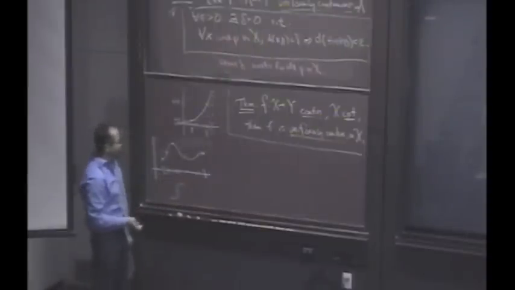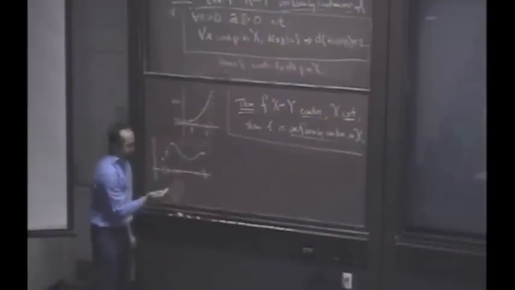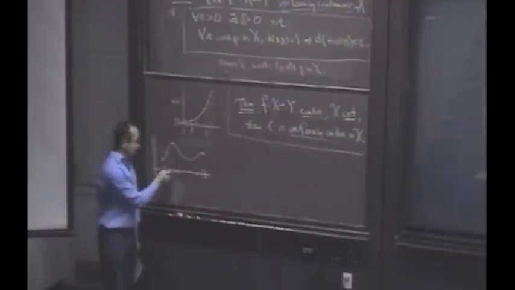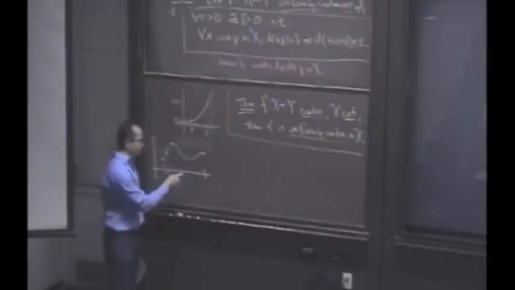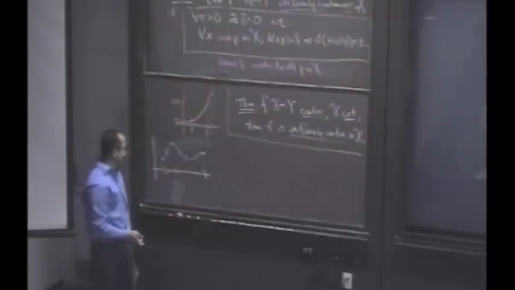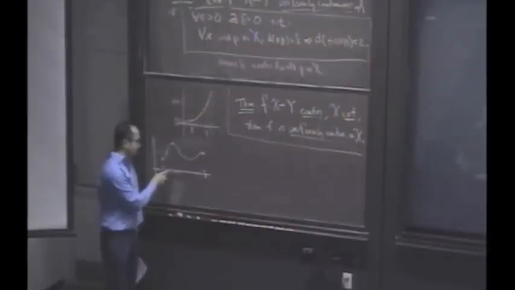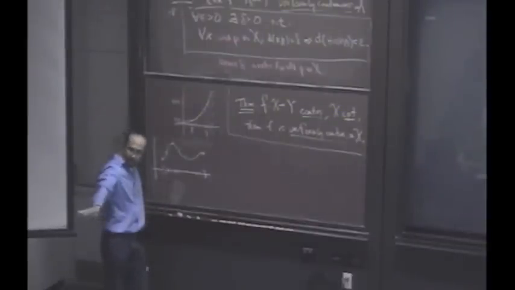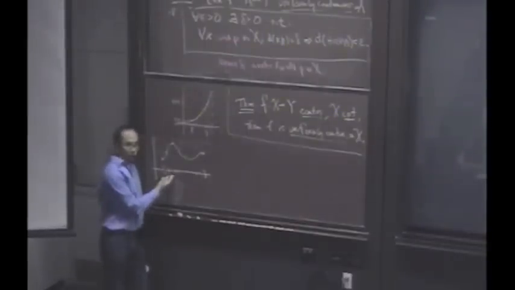Okay, so let's come back to, so what's the other idea? Well, let's see, delta balls. Would you agree there's a delta ball around every point? So let's make a function that maps each point to the size of the delta ball needed for a given epsilon. Ooh, interesting. Make a function that maps each point to the delta ball around it. That's kind of your idea. And then hopefully that's continuous.